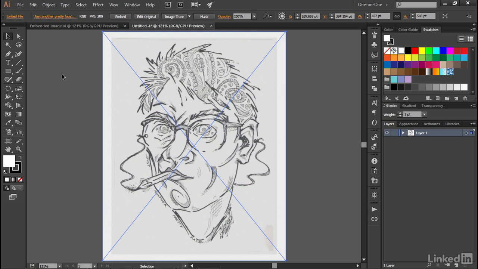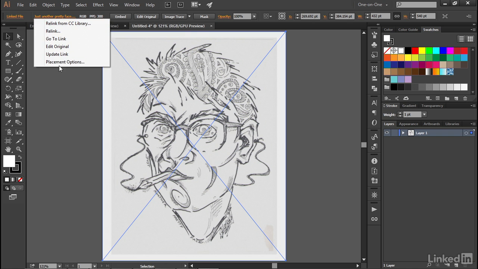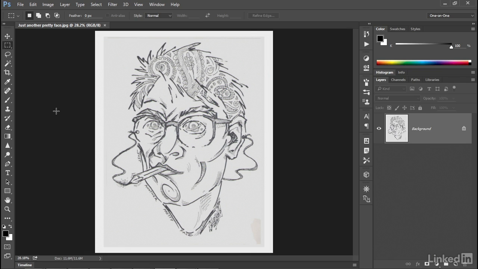Now let's take a look at a few key differences when working with linked images as opposed to embedded ones. Notice I once again have this link up here that tells me the name of the original file on disk, but if I click on it, I bring up a whole slew of options, including Edit Original, and this one's very important. If I choose this command, then Illustrator will go ahead and switch me back to Photoshop,